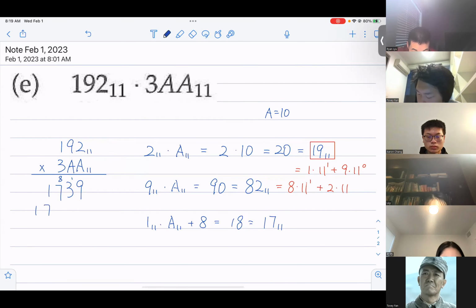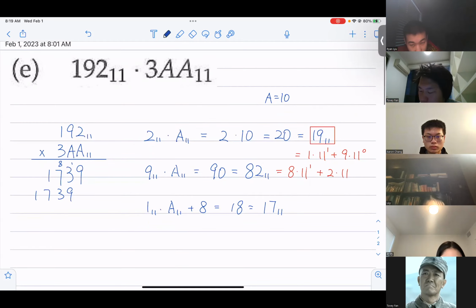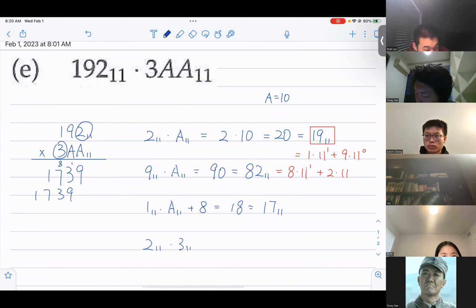So 1739. And then 192 times 3. Okay, now we can do a mental calculation, right? So 2 times 3, that's the same because Rika 看这里啊，so 2 in base 11 times 3 in base 11, that